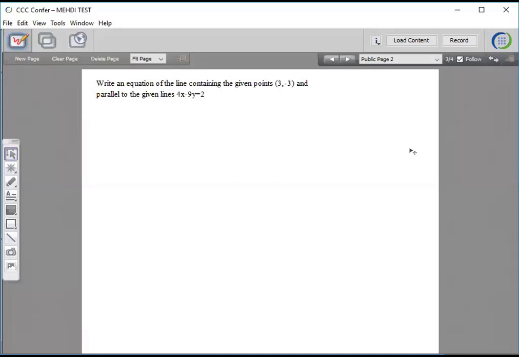So this is the first question from one of the students in the chat room. They posted for us: write the equation of the line that contains a given point, 3 and minus 3, and is parallel to this line. Okay, so for writing the equation of the line, every time somebody asks you to write the equation of the line,